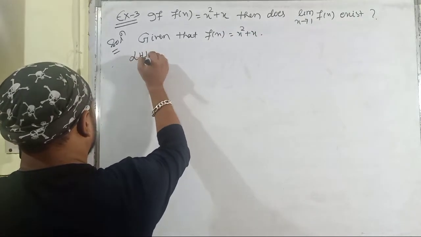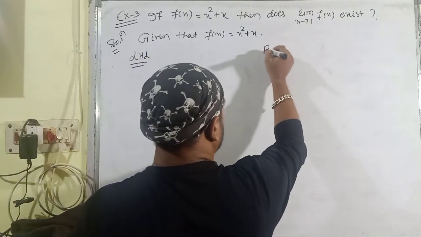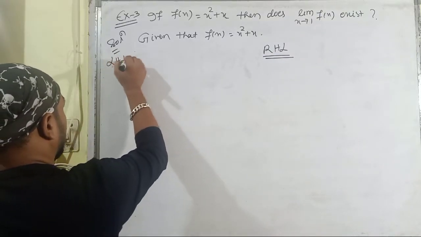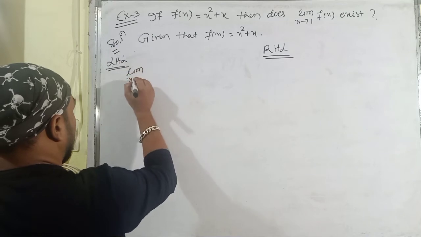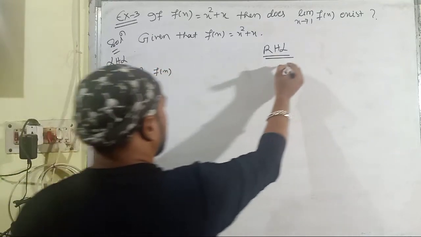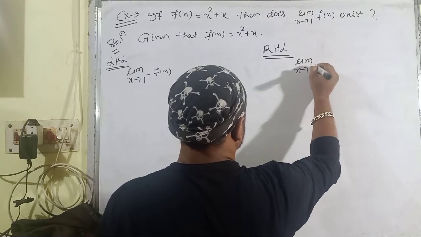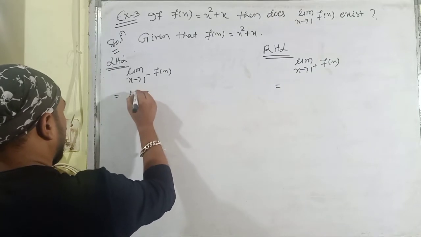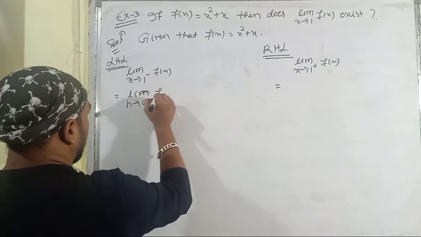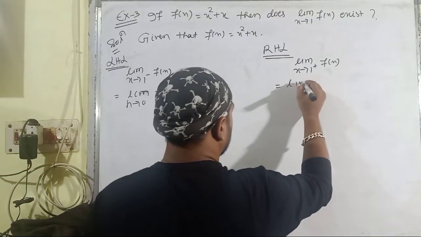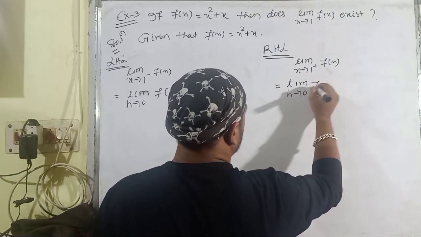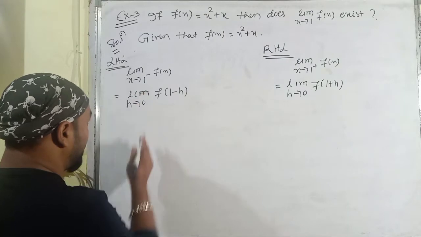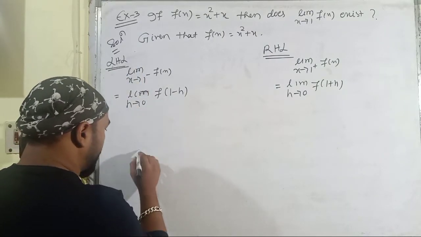So first of all, let us go through the left hand limit, and then the right hand limit. Limit x tends to 1 minus f of x, and here it is limit x tends to 1 plus f of x. Then this will be limit h tends to 0 f of 1 minus h, and here it will be limit h tends to 0 f of 1 plus h, because I have already told that in case of left hand limit, we have to replace